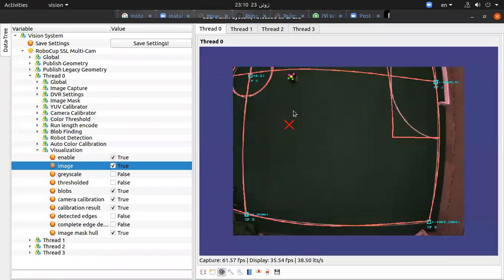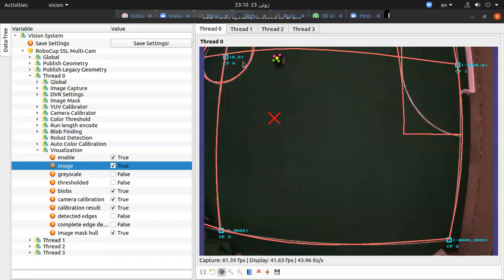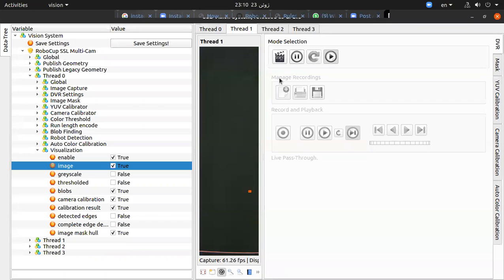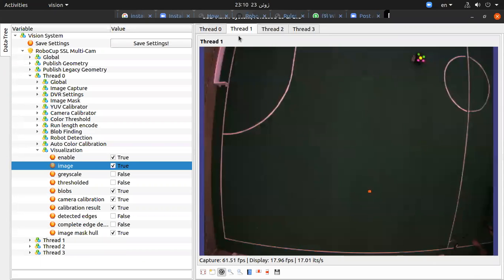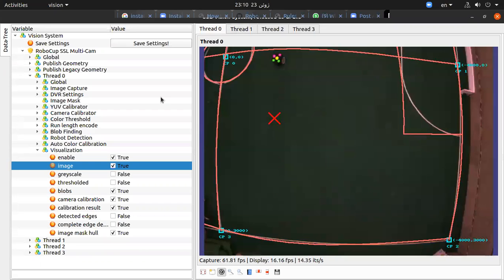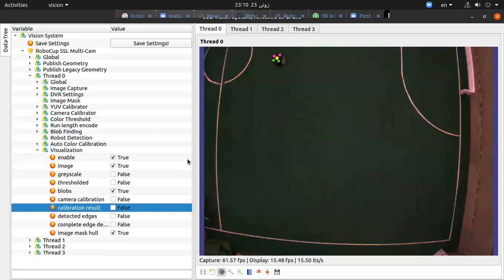Okay, it's really... In one of our threads, I guess we can, but in the other one we can't. Let me just remove the camera calibrations and